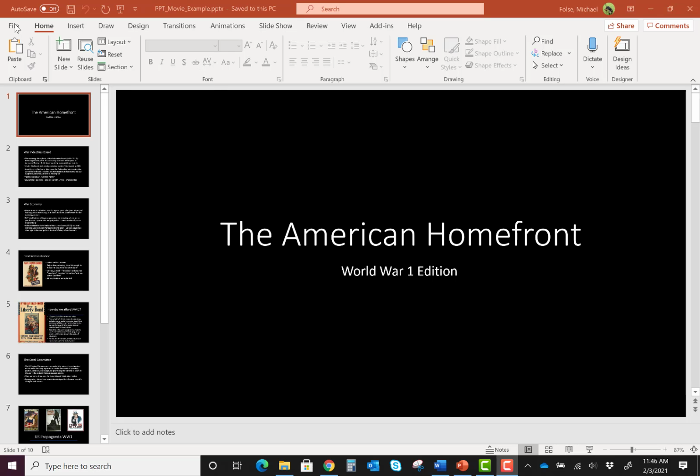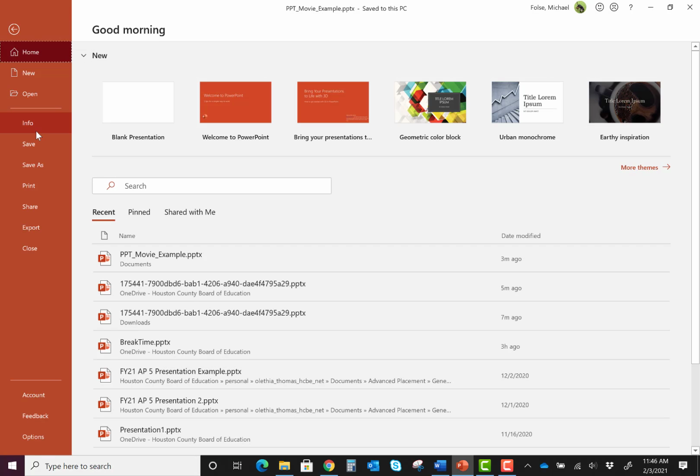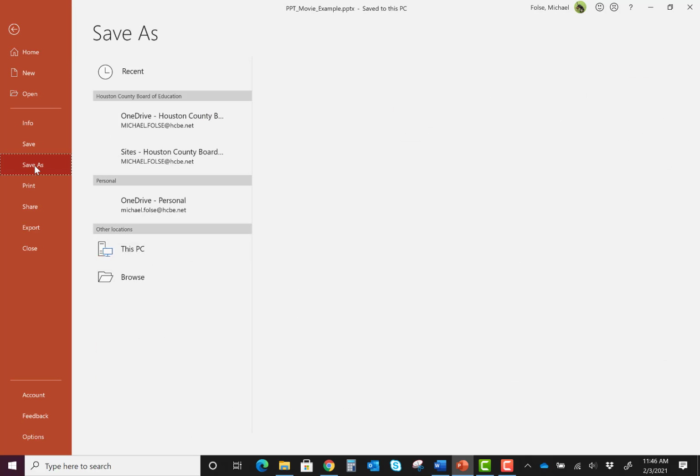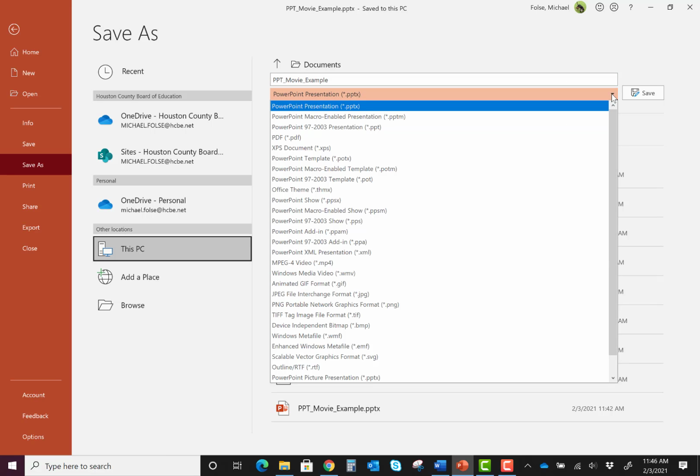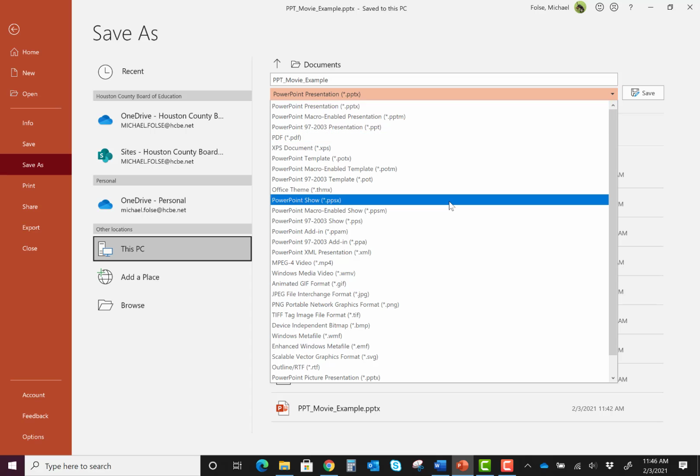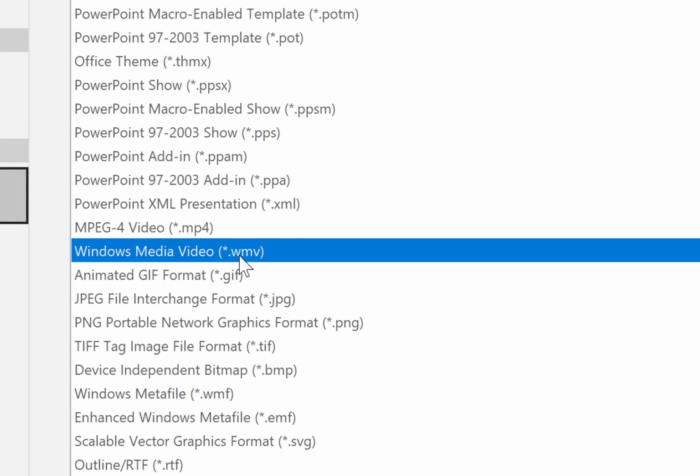So I go to File, I go to Save As, and here I choose my location and it says, okay, you want to save. The key here is this drop down. It says save it as a PowerPoint. Well, if I go here and choose a drop down, I'm going to go down to Windows Media Video, or